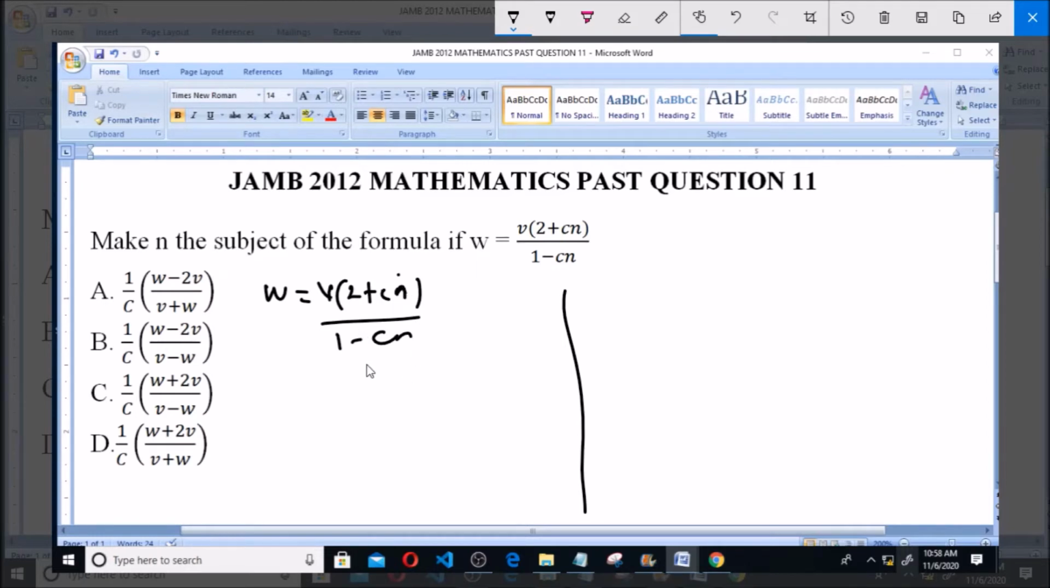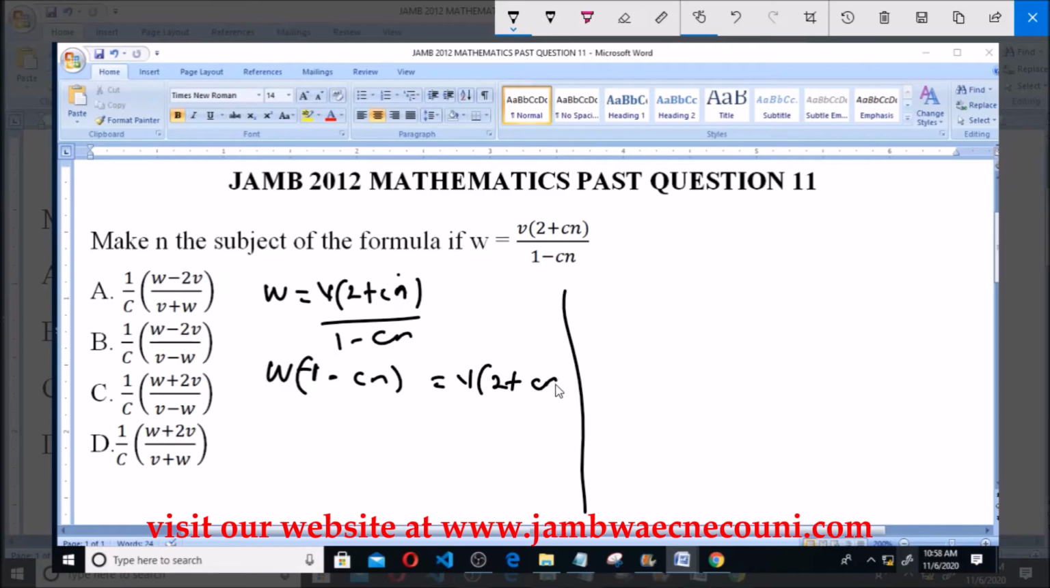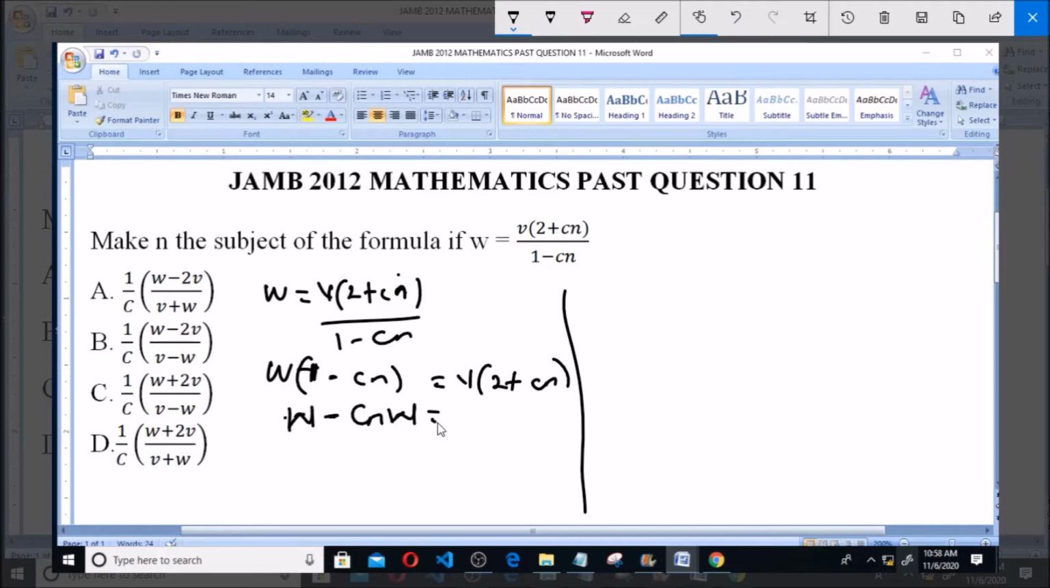Now the first thing we do is to eliminate this fraction here, this denominator here, and by doing that we simply cross multiply, thereby multiplying v. So we'll have w into 1 minus cn is equal to v into 2 plus cn. Now opening the brackets, w multiplied by 1 will give us w, minus w multiplied by cn will give us cnw, equals v multiplied by 2 will give us 2v, then plus v multiplied by cn will